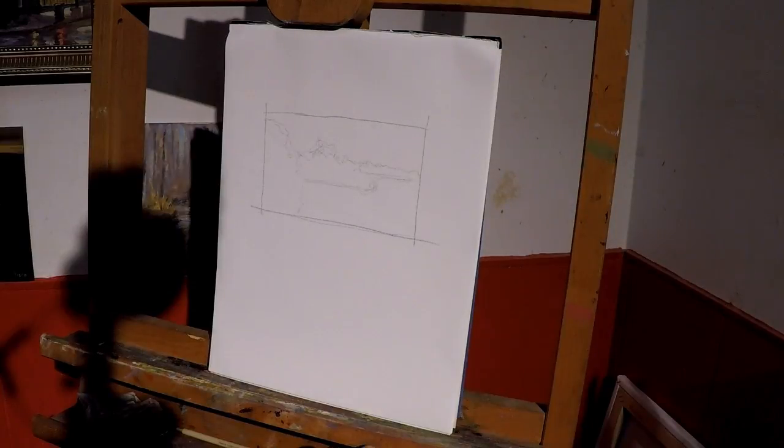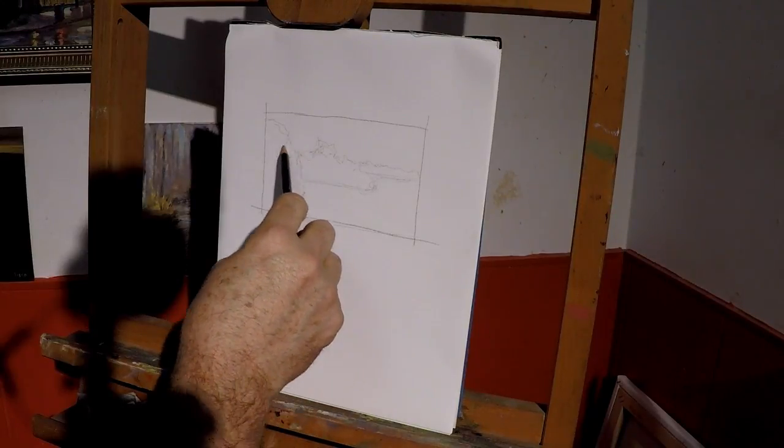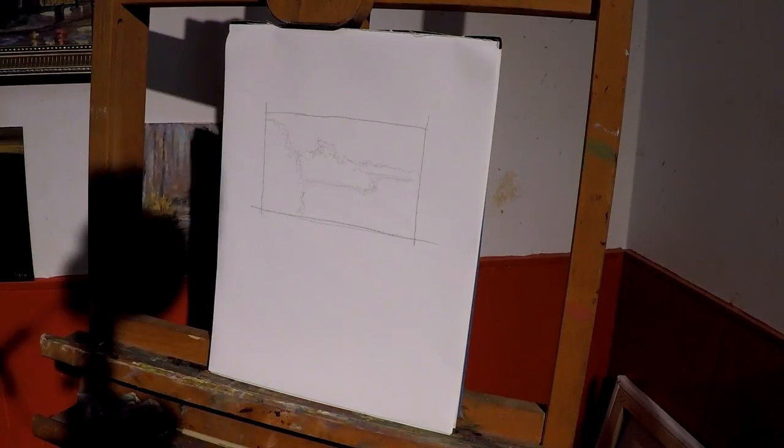Very simple sketch. And one of the things that we want to do here is, it doesn't take a whole lot to say what's going on here, but this is the reason that I'm actually doing these in the studio, and eventually I will carry this series into the field, but for now I'm doing it in the studio just because the things that I want to show you here will actually be tools that will make it a lot easier for you when you actually do get out into the field, because you'll have some of these things in your head. You'll be like, okay, these forward groups look like this, and I have to do this to the ones that are further in the distance and all that. So anyway,